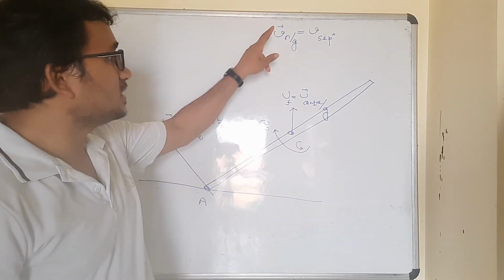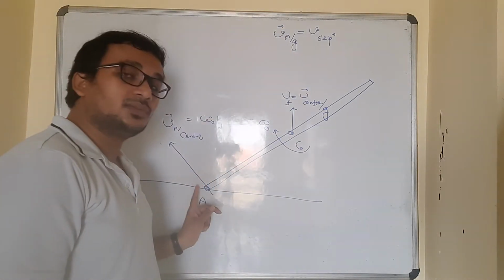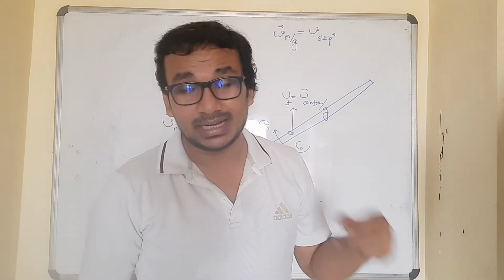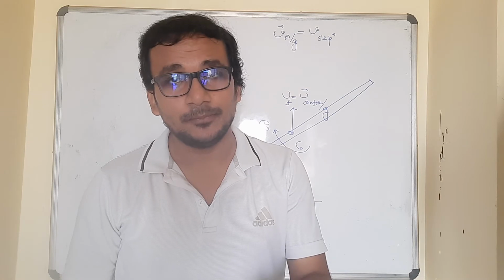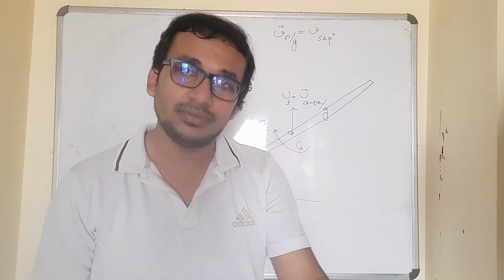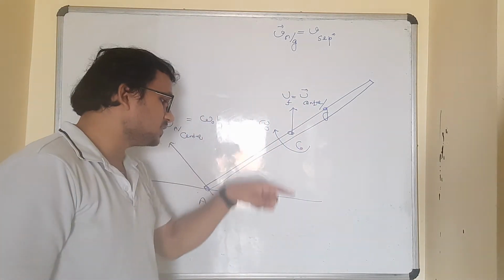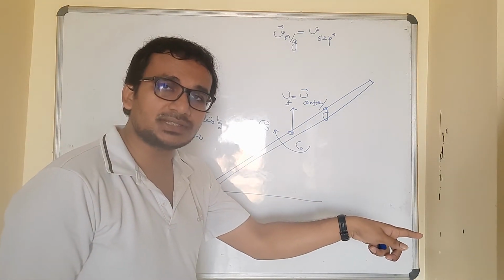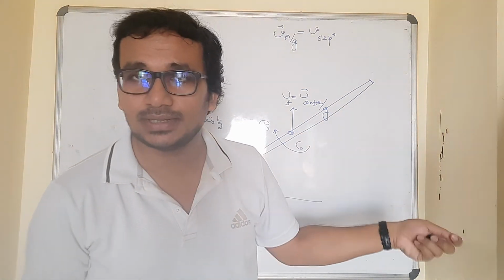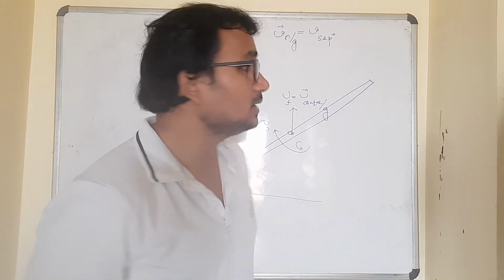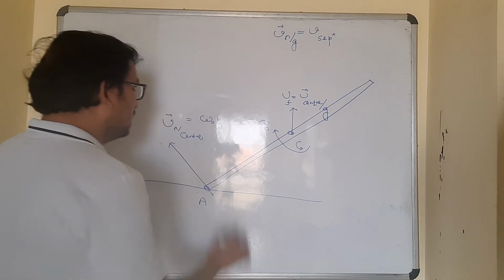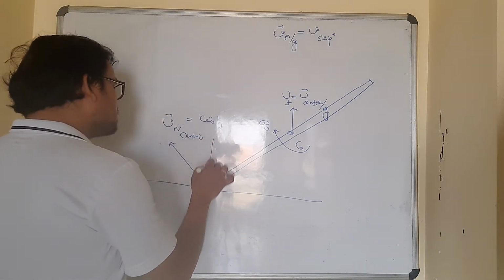So whatever velocity I get for the point A with respect to ground just after the collision, that is the absolute velocity of point A. That is also going to be the relative velocity of the point A with respect to the surface, because the surface has no velocity of its own. Surface is stationary both before the collision and after the collision. Yes. So velocity of A with respect to ground will be the velocity of separation. So that is the vector sum of these two.